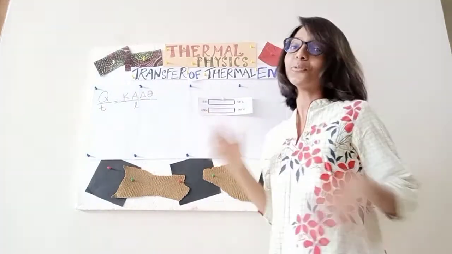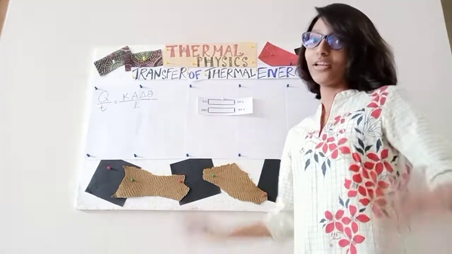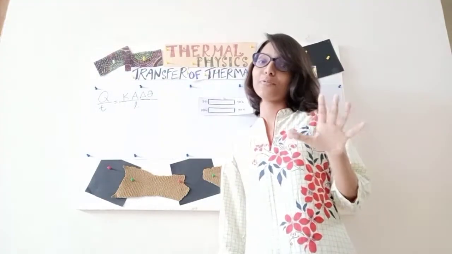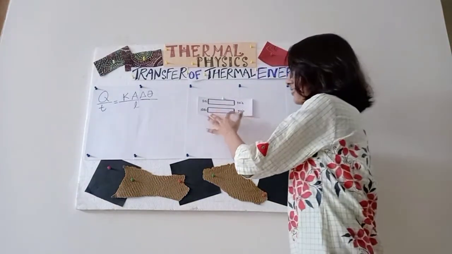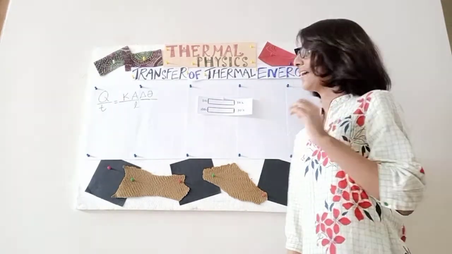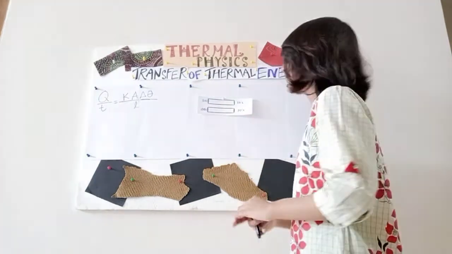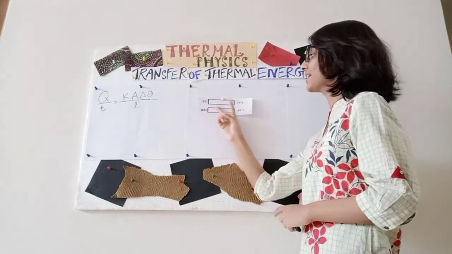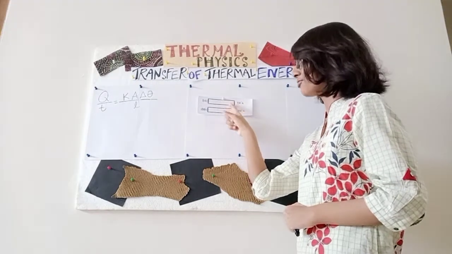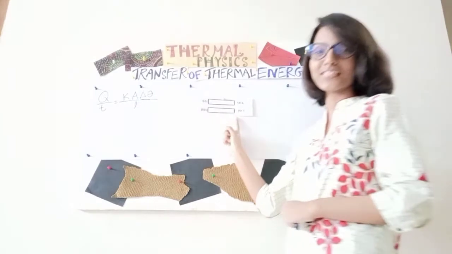90 and 100, so big numbers. Rate of heat transfer so much. No, I said del theta, the difference in temperature. Yes, 90 and 100 are big figures, but that doesn't matter, because the rate of heat transfer depends upon the difference in temperature between the two ends. The difference is 20 degrees Celsius over here and 10 degrees Celsius over here. So the rate of heat transfer will be more over here, despite the figures being bigger in the other case.